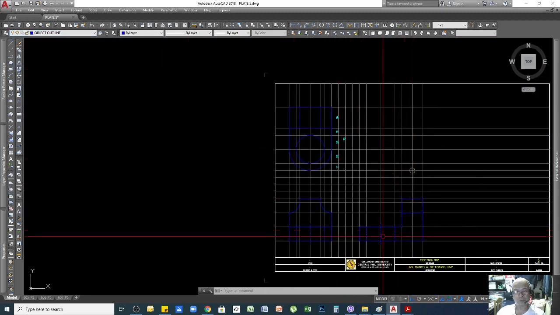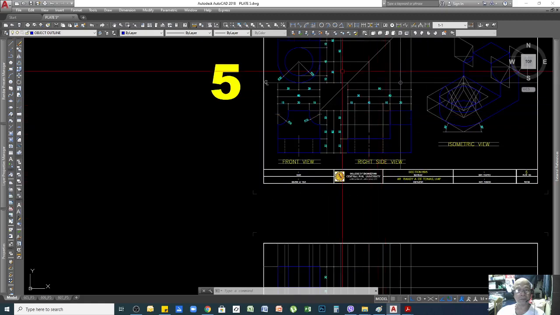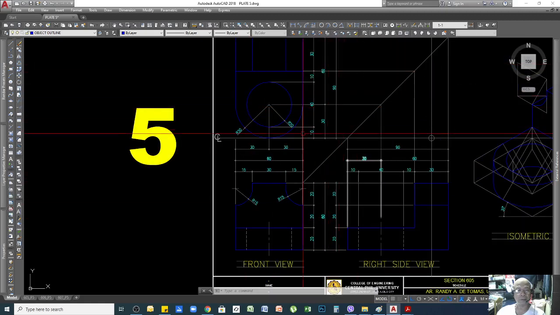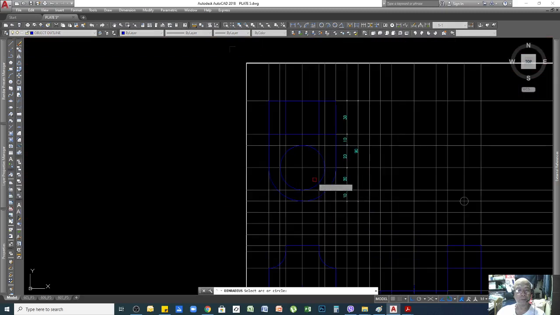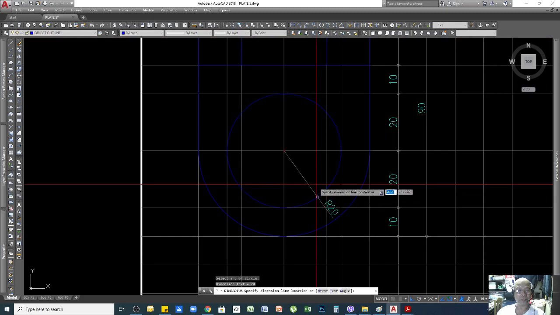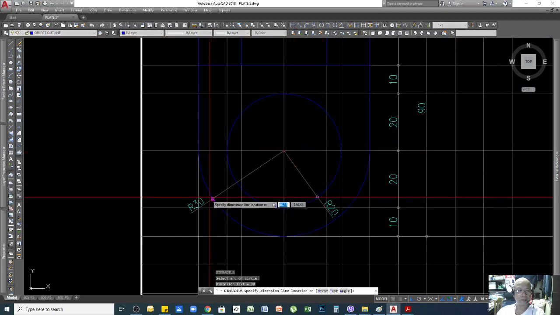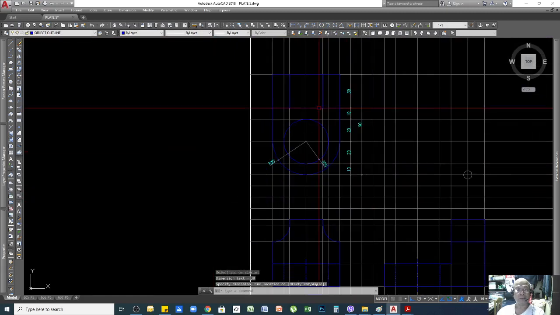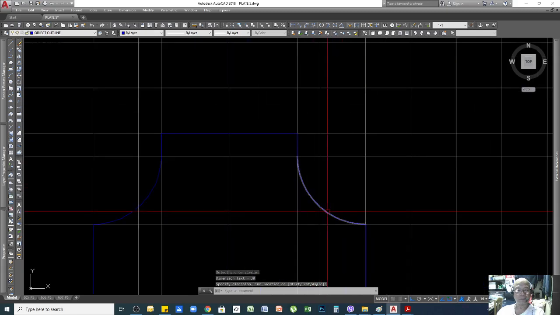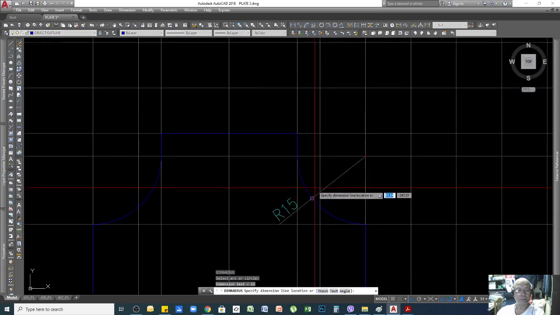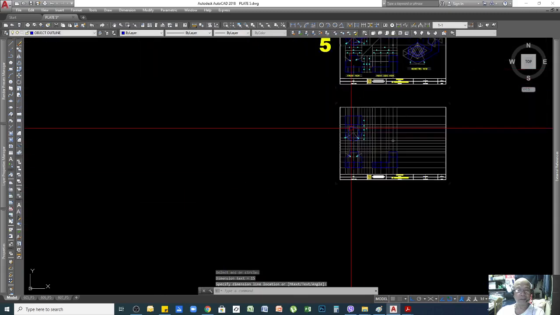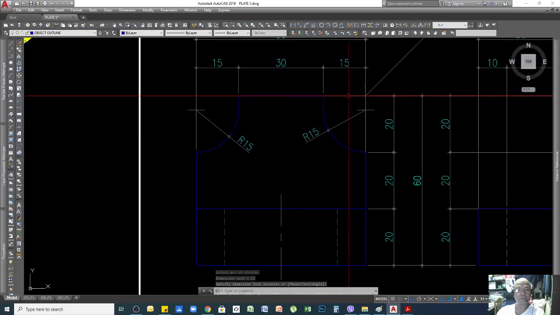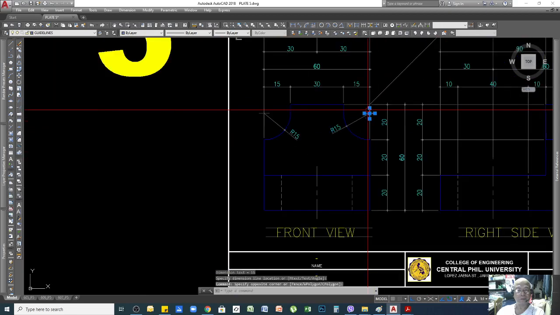So you can proceed with the rest of the dimensioning by following your guide, the drawing. I will demonstrate one for your radius. All you need to do is click this one and then click. So it's very fast. And even this one here, you can click also. I have indicated here the centering of the circle.